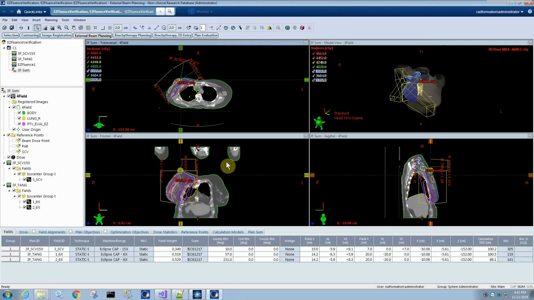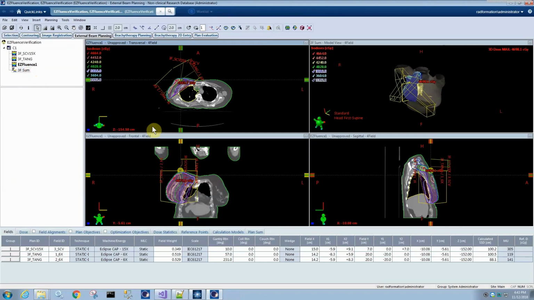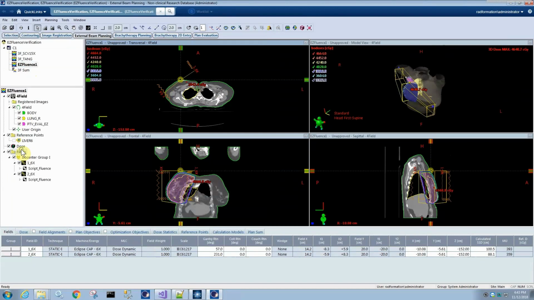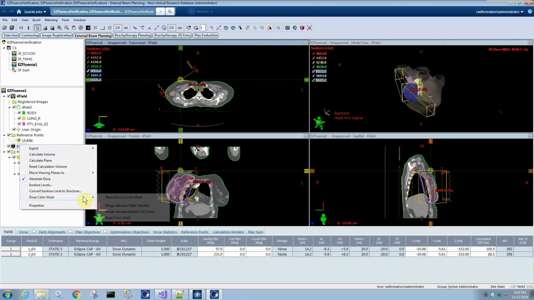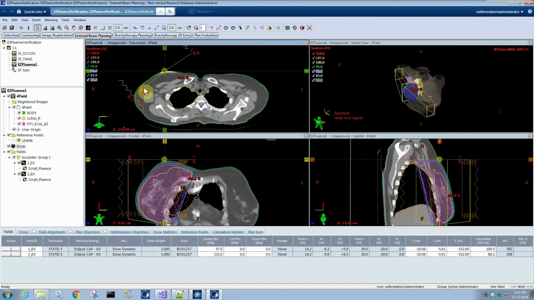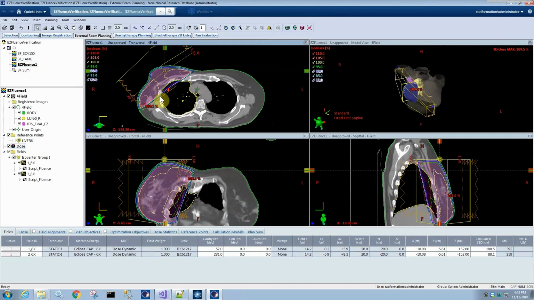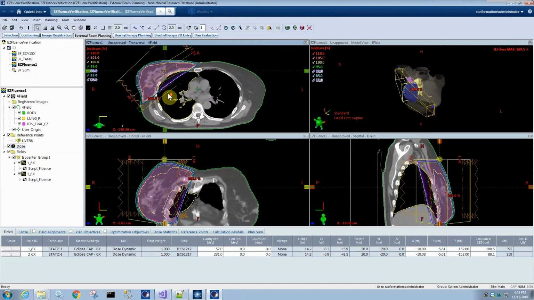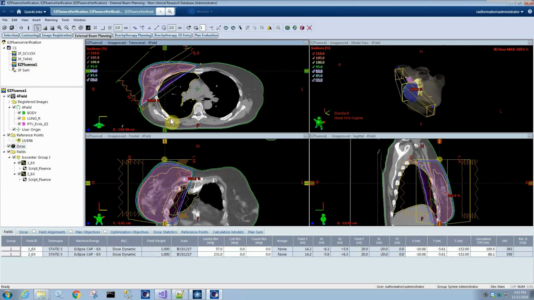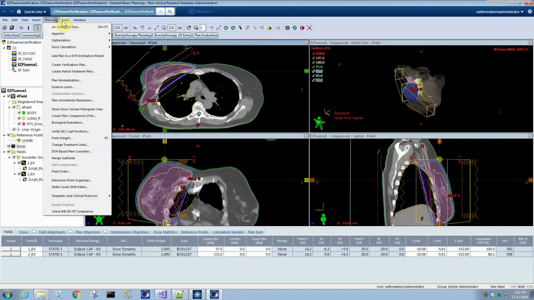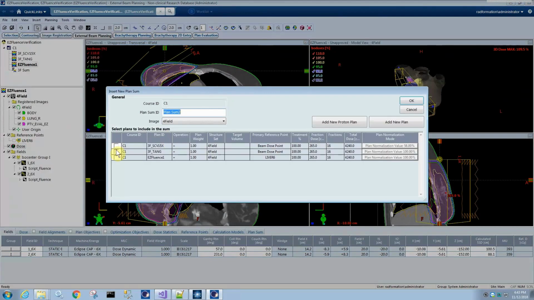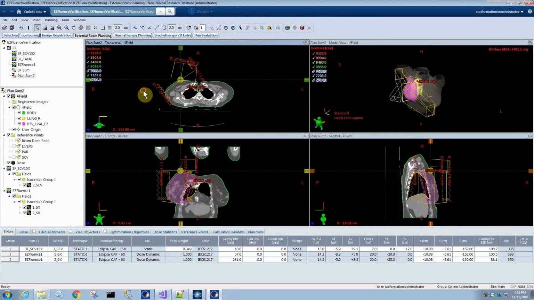So here we are back in Eclipse. We have our new plan that was just generated. Let's set this to the absolute dose. Our hotspot is 109.5, which is very close to what EZFluence said it would be. You can see it actually compensated for the scatter dose a little bit, because the coverage isn't super great up there, but as soon as you insert a new plan sum between EZFluence and your supraclavs, I'm just going to leave its default name, then we have a much better